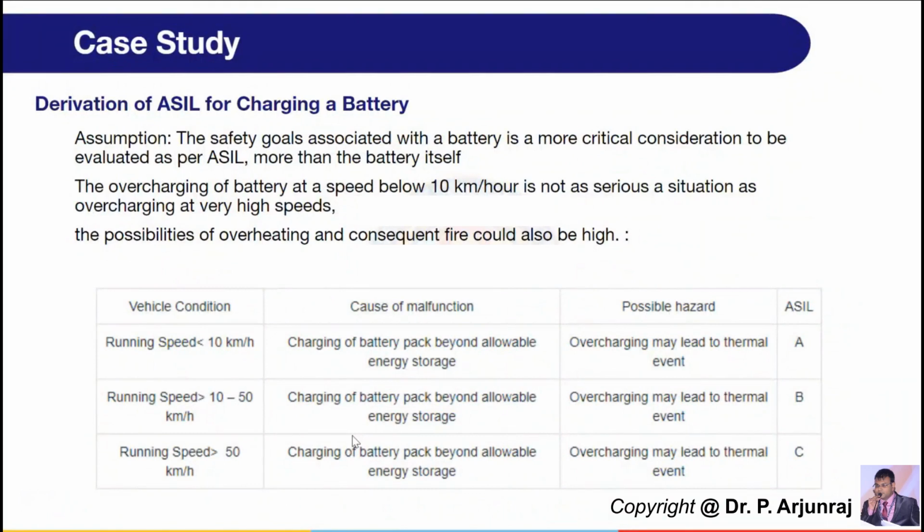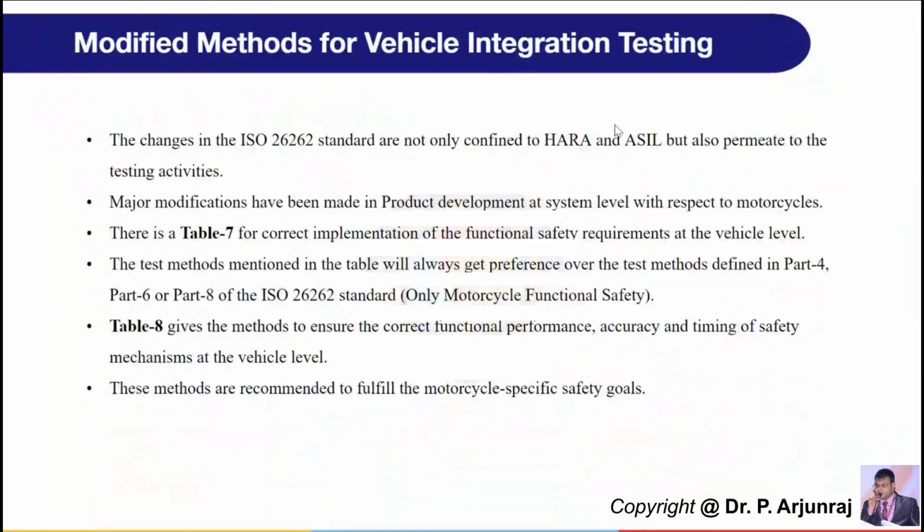Okay, so that's why when the speed is higher, you also have a high risk. That is one example of the determination of charging the battery for two applications. Okay, let us go to the modified method for the vehicle integration